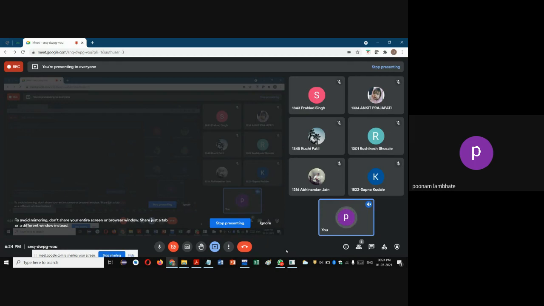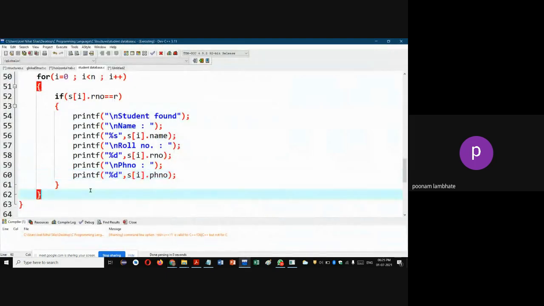You can insert by shifting the elements backward, or simply put a space in place of that particular detail. Means if you want to delete the details of student A, then instead of his name simply put an empty string. Okay, that is also possible. Now what we'll do,